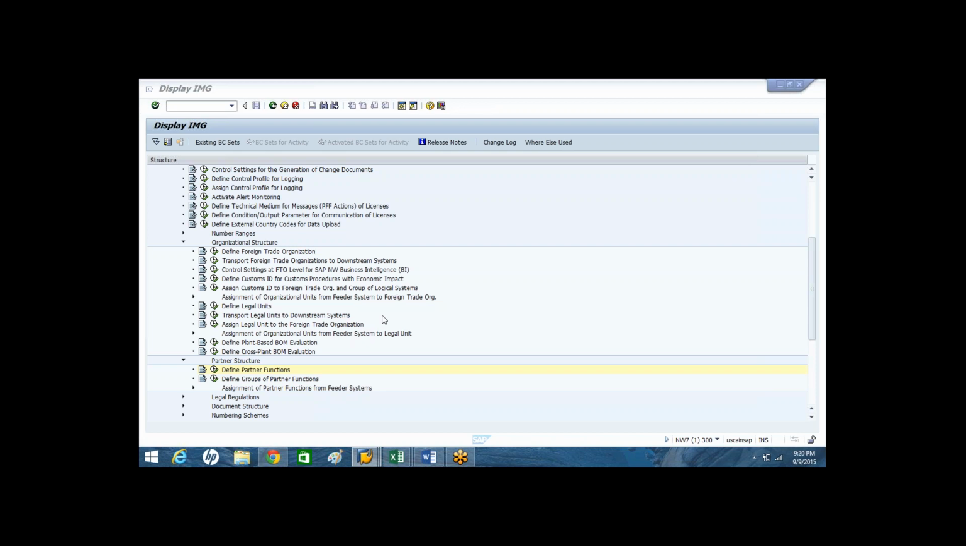Yes, that's what I'm telling. System will not create the transport request only for the foreign trade organization and the legal unit. Other than these two configurations, for each and everything, the system creates the transport request. Other than this, for each and every other configuration like partner functions or other legal regulation configuration or document type configuration, GTS system will create a transport request. Okay. You got it? Okay. So now,